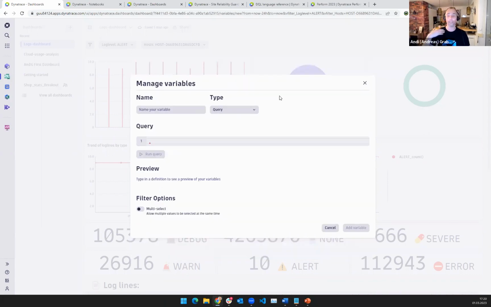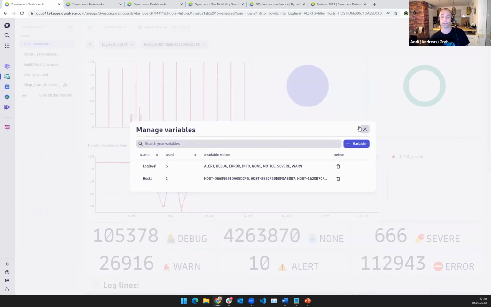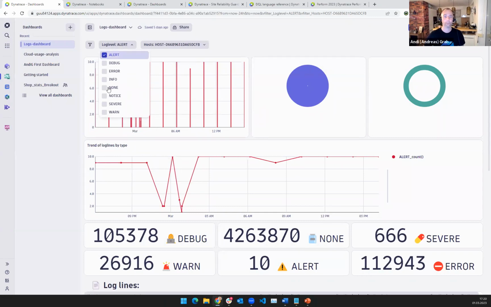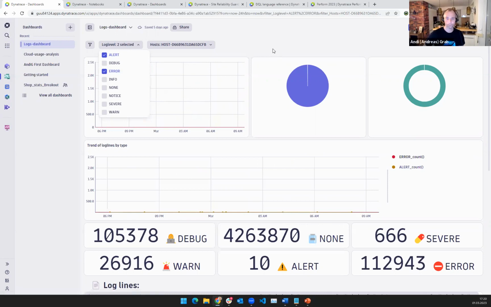So you can say, I want to get the list of hosts that I get from Dynatrace, from logs, or from metrics, or from Smartscape, and then use it as a variable. And then you can use this variable in your individual queries. So if you see here, I have log level alert, and if I now go also to error, then all the queries will be live updated with this particular information, including all of these log levels. Okay? So I think that's pretty powerful.